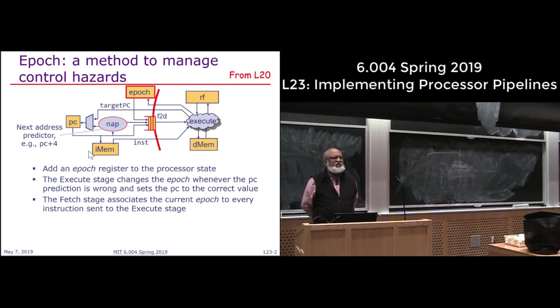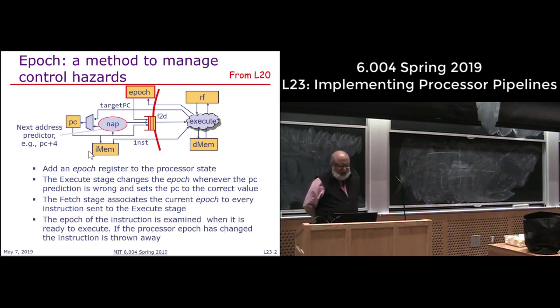And the important aspect of this is that once you have flipped the epoch, anything that comes from the old color is garbage. It's a wrong path instruction and needs to be deleted. So the high-level idea is actually straightforward, and if you spend some time thinking about it, it should make sense what epochs do. And it's a very, very general solution because it doesn't depend upon how many cycles are being taken in different parts. It's really a question of tainting something and changing the taint only if some condition happens. All right,